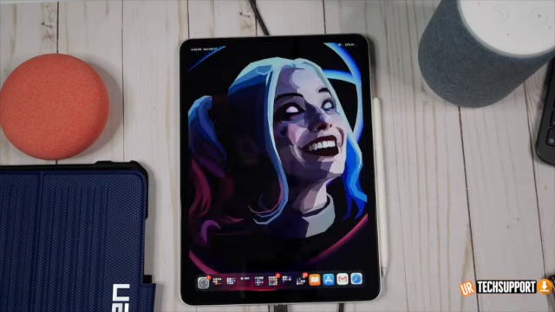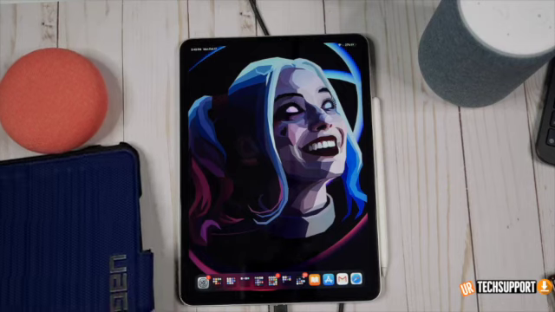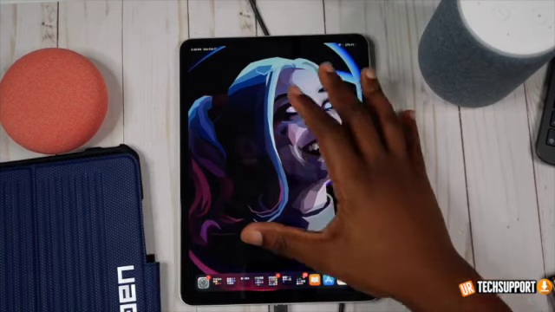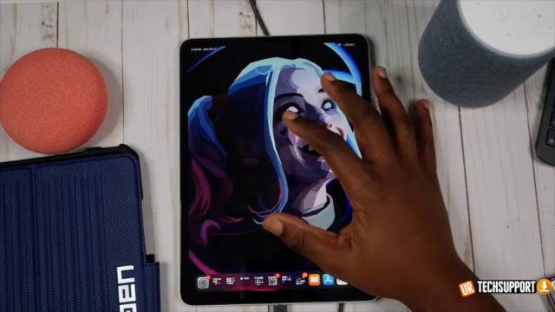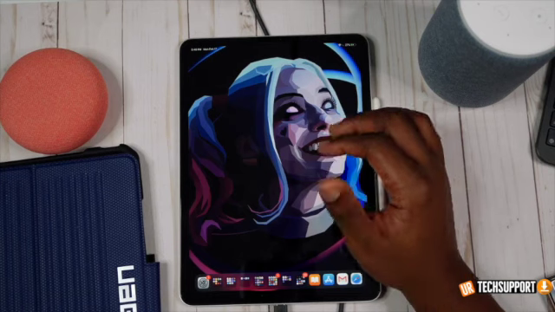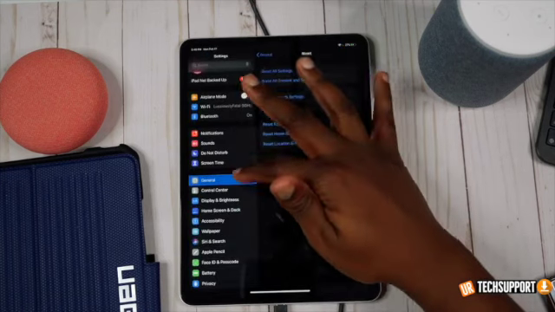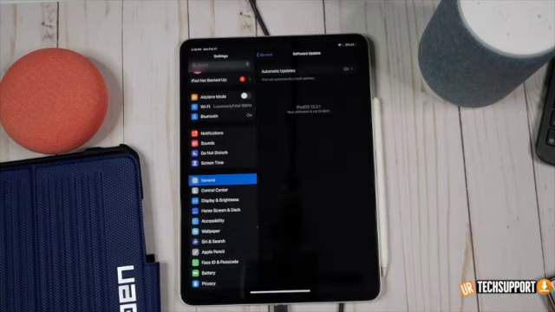Try resetting the iPad itself. Again, the volume button down plus the power button until that power off option appears. Slide it, leave it off for a couple seconds, power it back up. Try removing any cases or any screen protectors you have on the iPad itself. Take those off, see if the screen is still unresponsive. If that's the case, check for any updates in the general settings and update to make sure you're at the